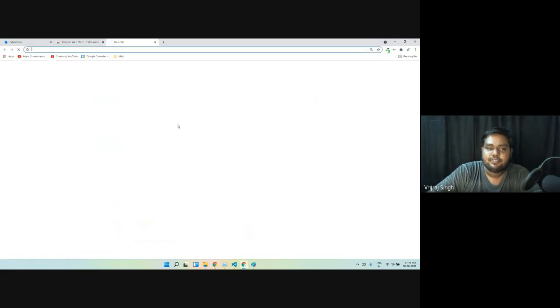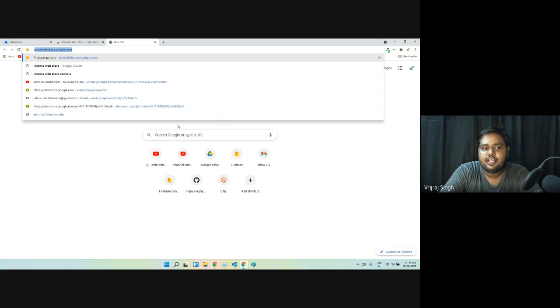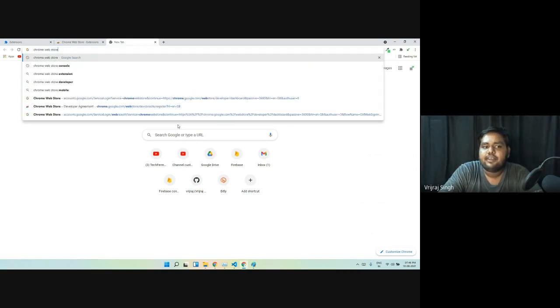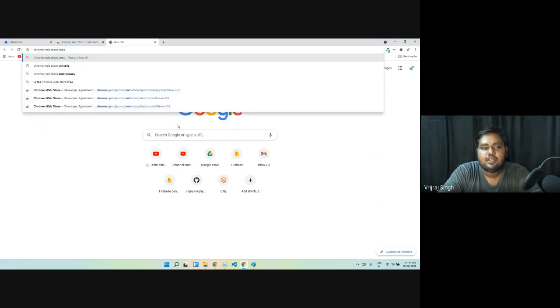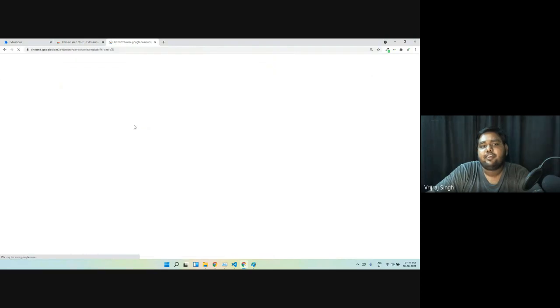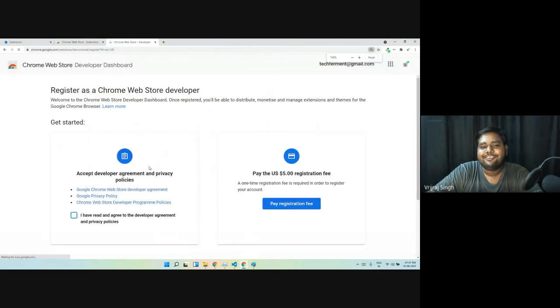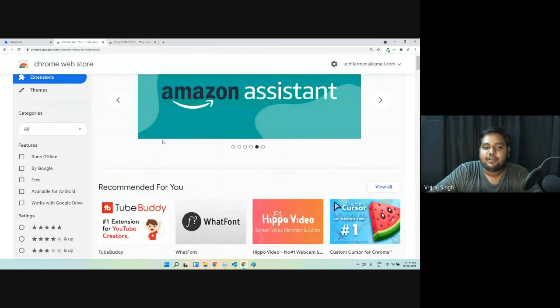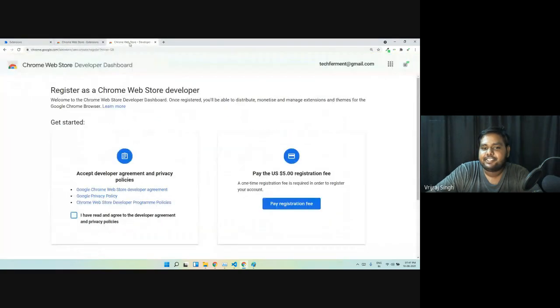What you have to do is go to Google and search for Google Web Store Console. So this is the Google Web Store Console. Here you need to create your developer account, and right now you need to pay $5 as a registration fee, and then you will be able to publish your Chrome extension. Once you pay the fee, you need to upload that Chrome extension